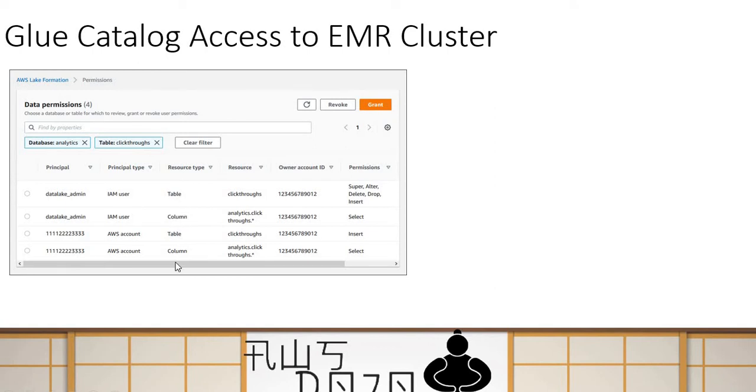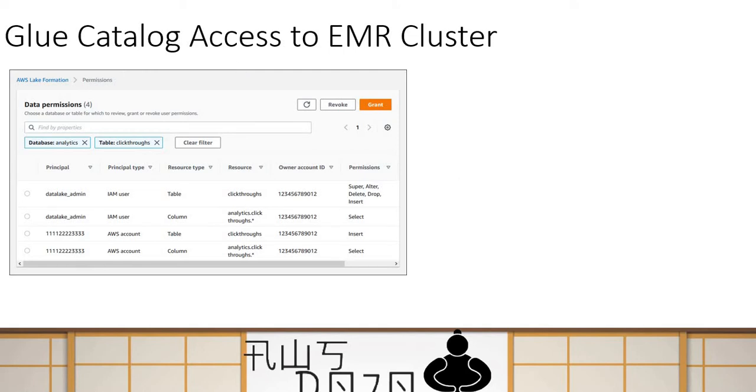These are different tables, and these tables are given permission to different principals, whether these principals are users, groups, roles, or even accounts in case of cross-account access. And these are the permissions provided, in terms of someone can select or insert, or someone is a super user. Now, this kind of permission you provide in AWS Lake Formation.